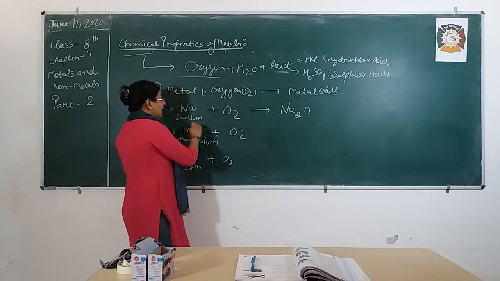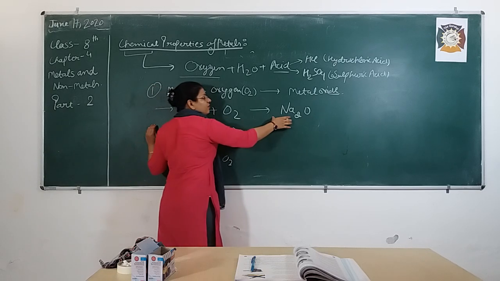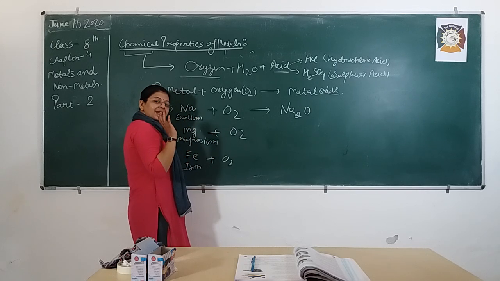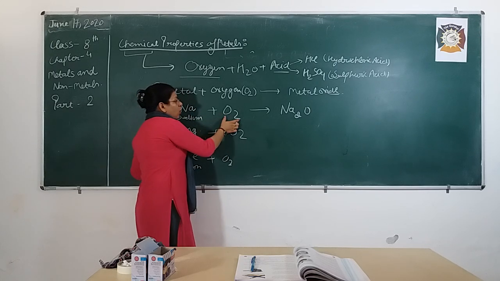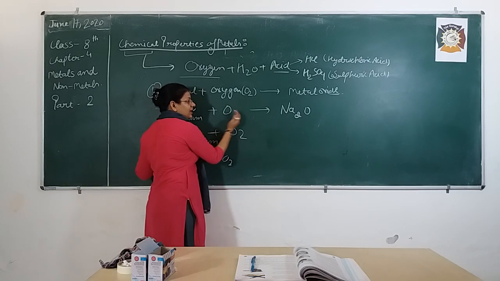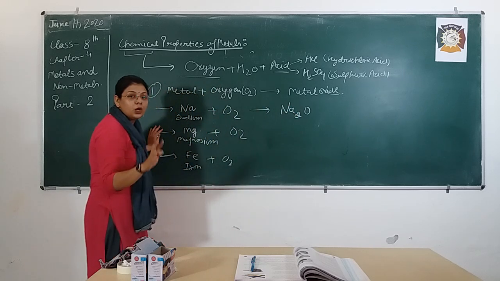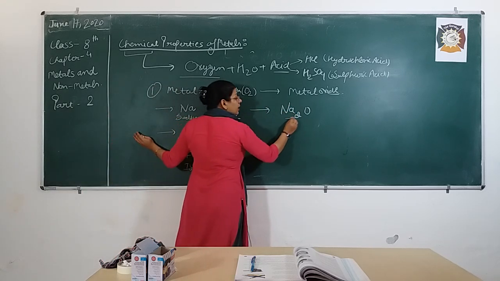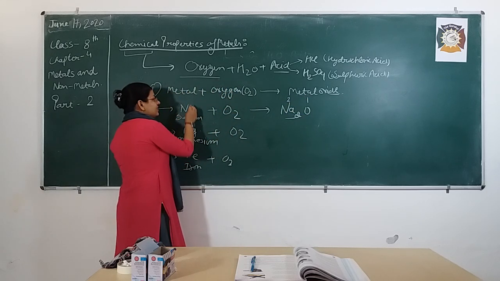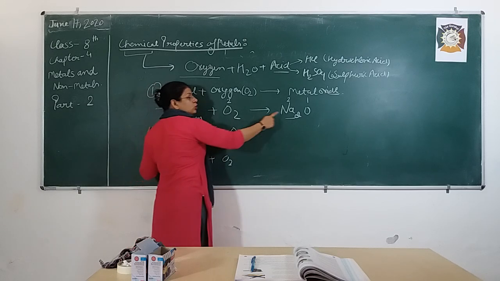Na2O. Here one thing you should keep in mind, that is the balancing of reaction. You have to balance the reaction. Now what is balancing? Simple thing, the number of elements or atoms on the left hand side, okay bache, and on the right hand side have to be equal in numbers. Like on the right hand side, sodium is 2, oxygen is 1. But on the left hand side, sodium is 1, oxygen is 2. I have to balance both of them.